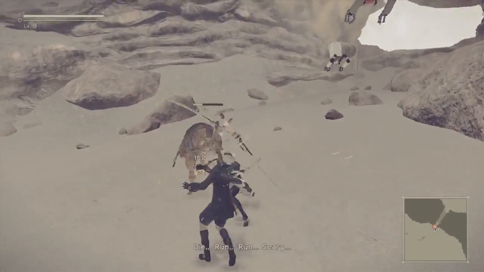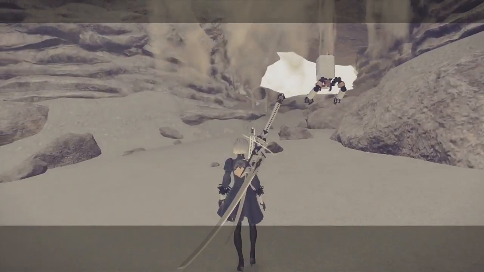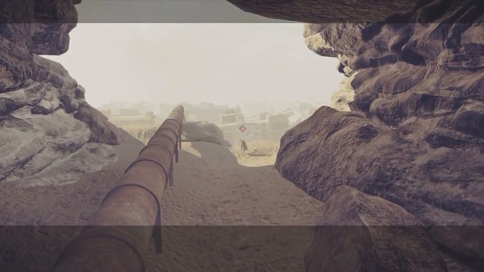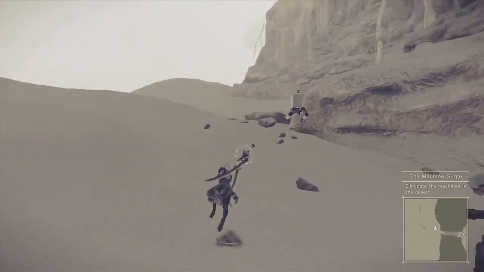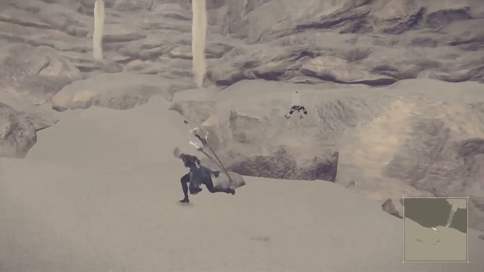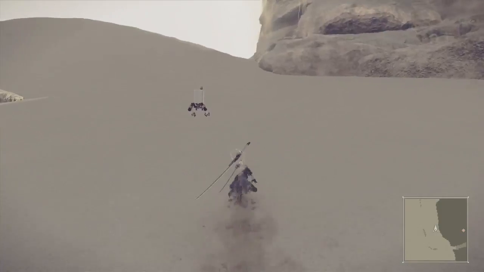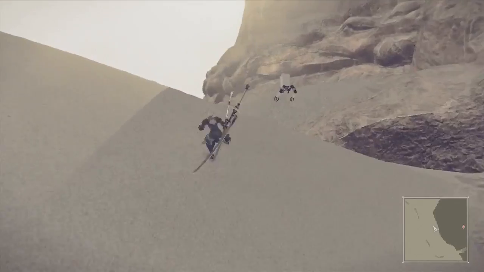Die. Run. Run. Scary. It's heading for that rocky area. Individual target ID marked. So he basically like started fighting and then ran. Just looking around a little bit here before I push on into the next somewhat big part of the desert. It's not that big. It's not as big as this, but